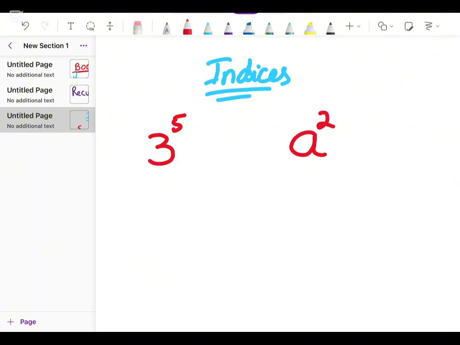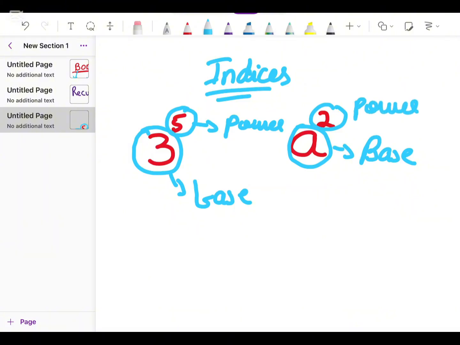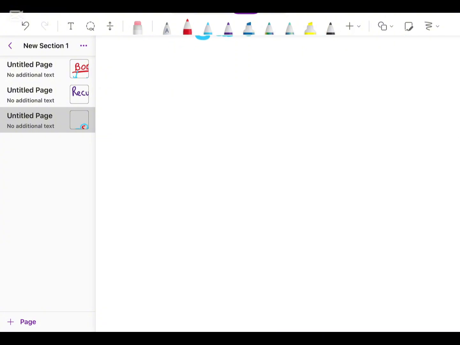a number 2. So remember that this bigger number is known as the base. This is basically a base, and the smaller number on the top of the number is considered as the power or exponent. Okay, same with this, a is considered as base and this is considered as power or exponent. Okay, so now first we need to understand the rules of indices, and then we solve the recent past paper questions. So now starting with the rules of